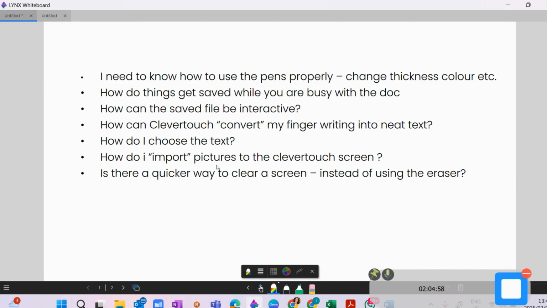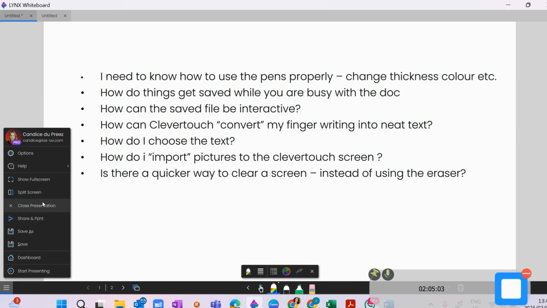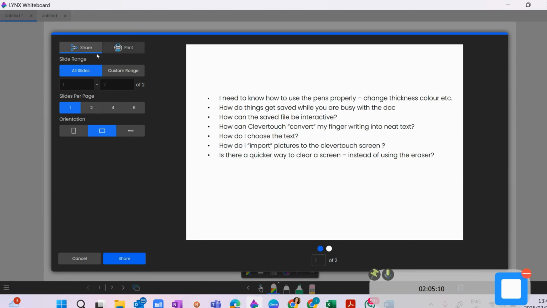Okay. So unfortunately, you are going to have to save the whole time. Just get into a habit. Every time you do something, just quickly click save. The other thing you can also do is when you are done, you have the ability to print, or I